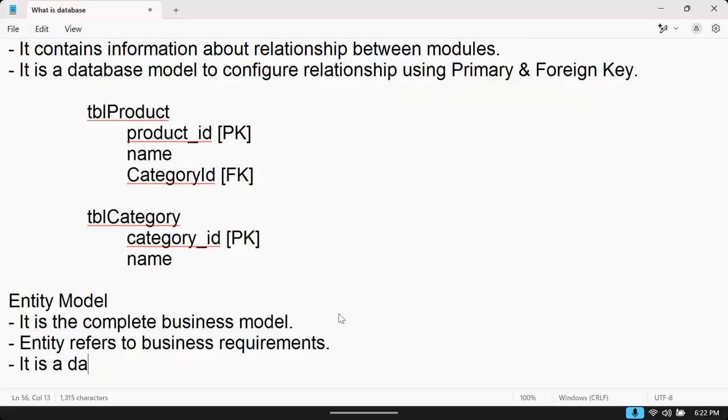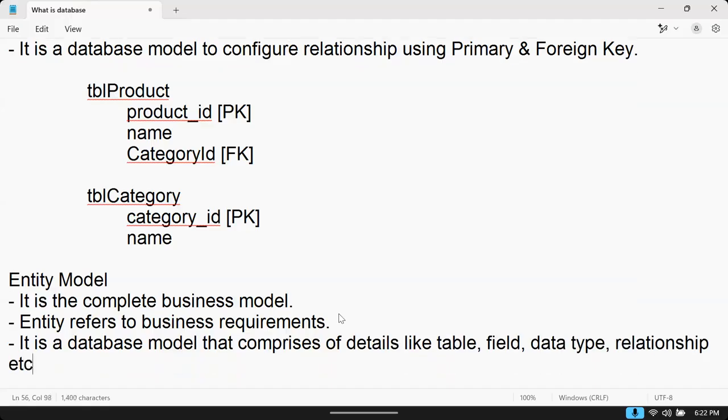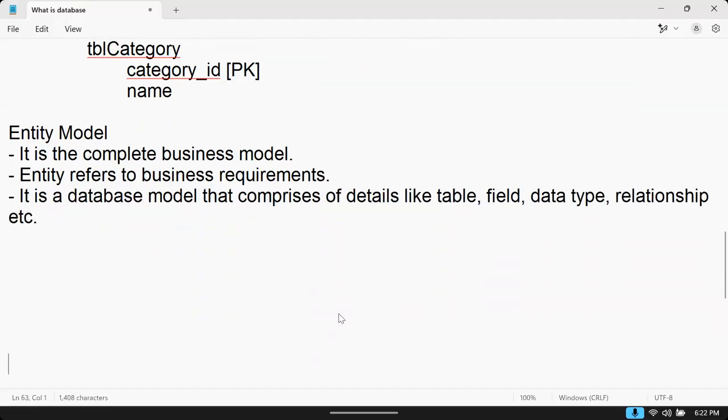So it is a database model that comprises details like table, field, data type, relationship, etc. Everything is present here. It is a blueprint for designing the database.